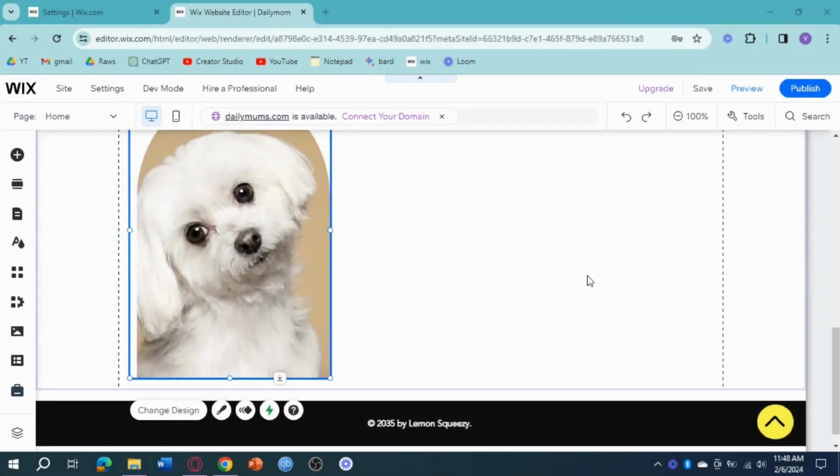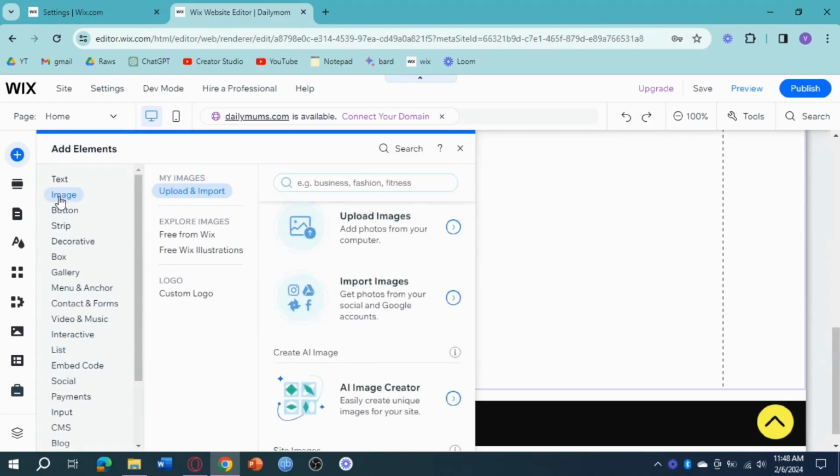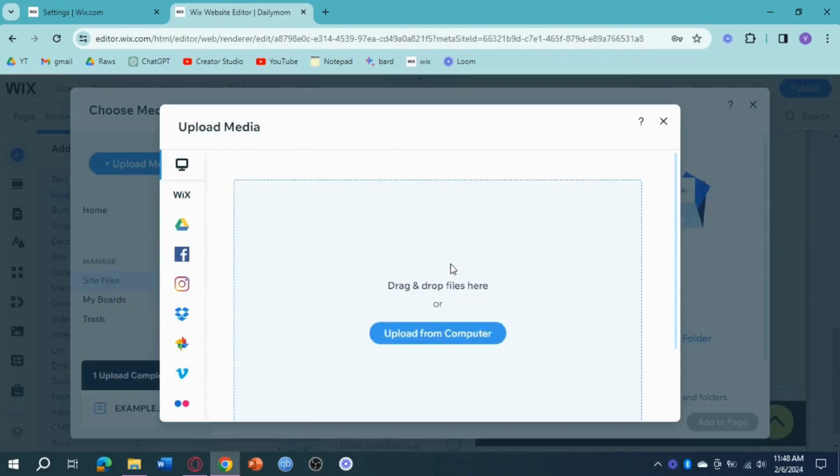So let's get started. As of right now, you just need to click on this sidebar panel right here. I'll click on this plus icon just to add elements. Once you have clicked that, we should be able to see this image option in here. Click on upload image right here, and this will open the Wix Pro gallery, wherein we can upload